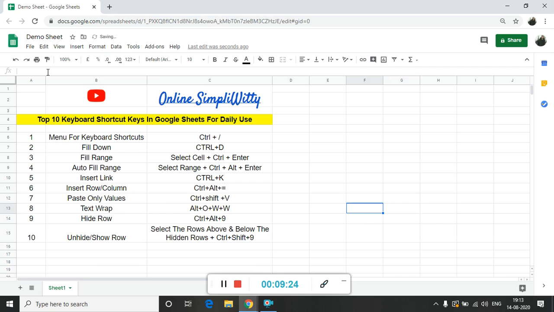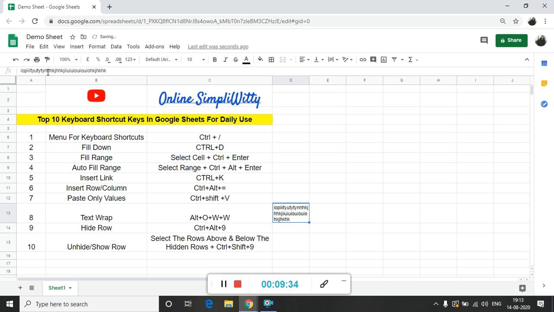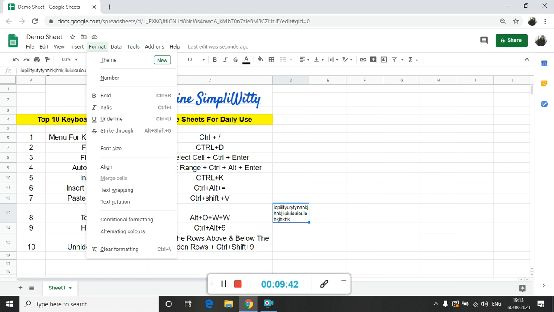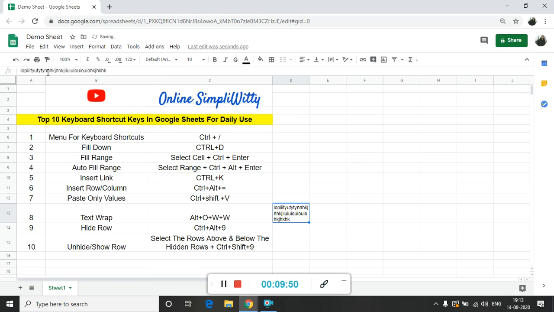I'll show this once again. I'll type over here just next to the formula. I'm just typing anything over here. Now you don't have to press Alt plus O plus W all together. You have to just press Alt and O together, and then you can leave Alt plus O and then just hit WW.